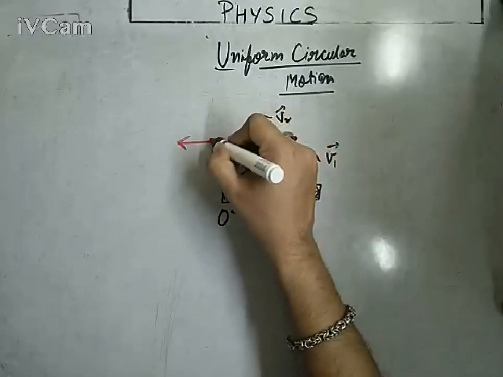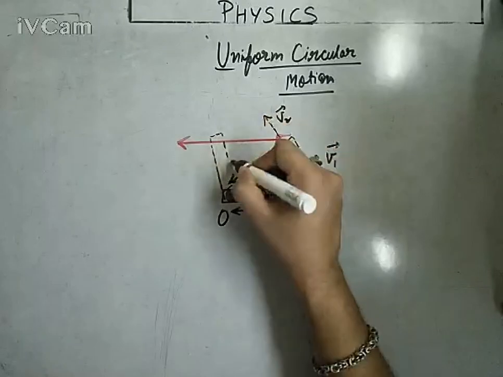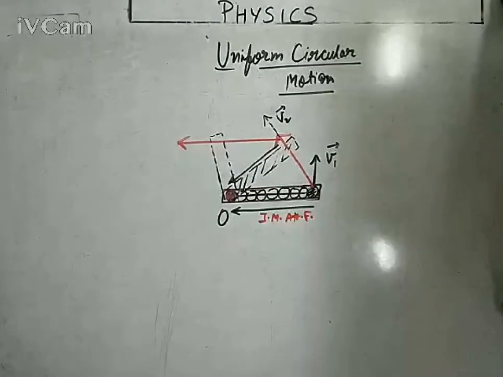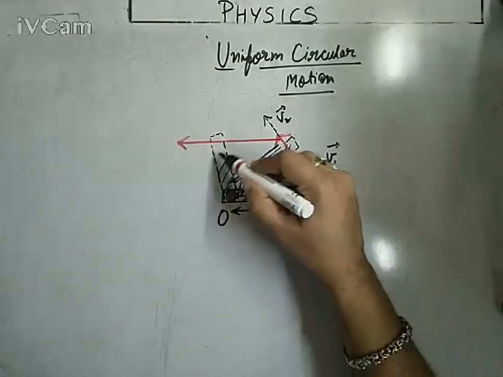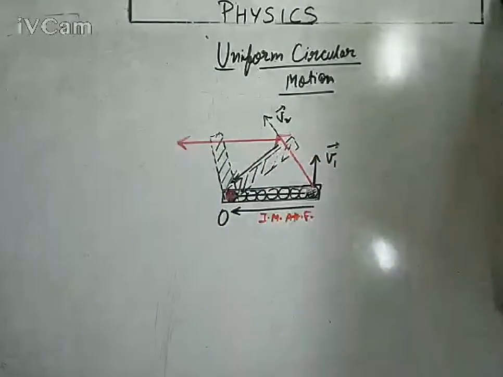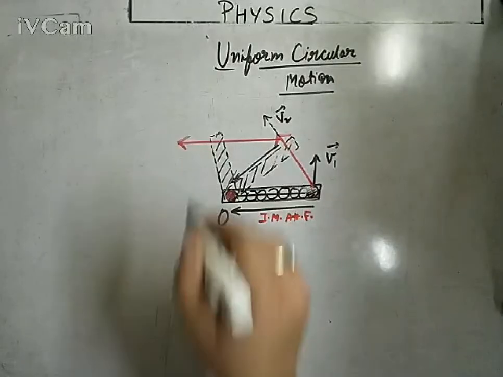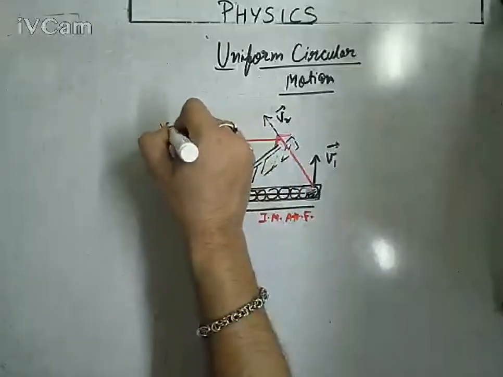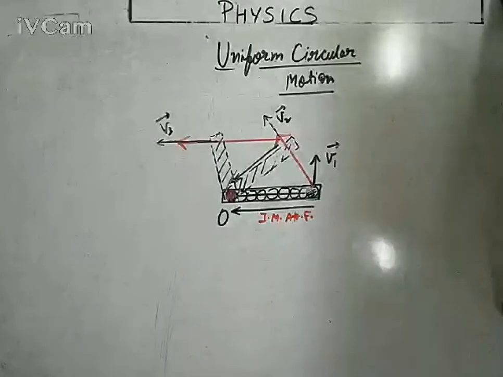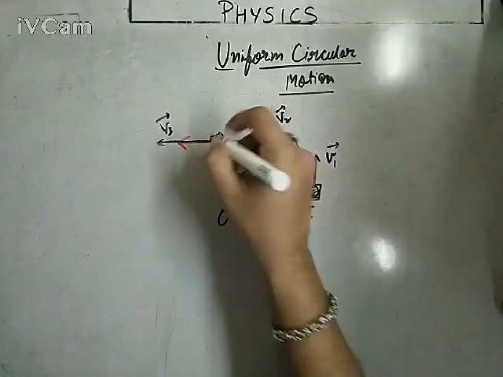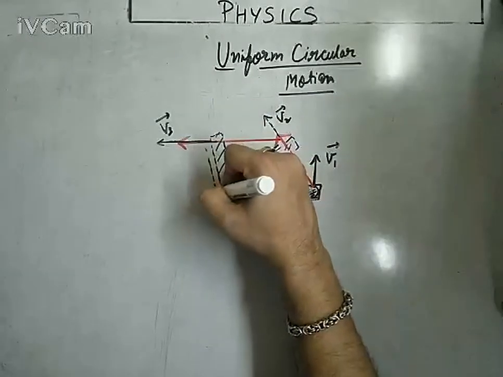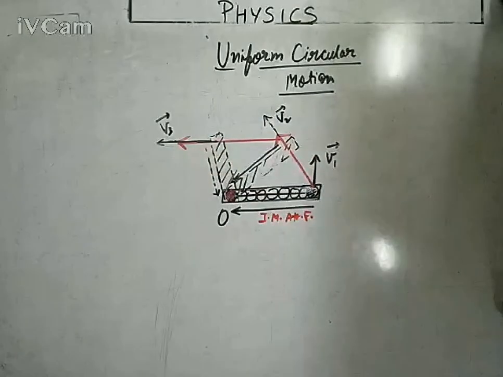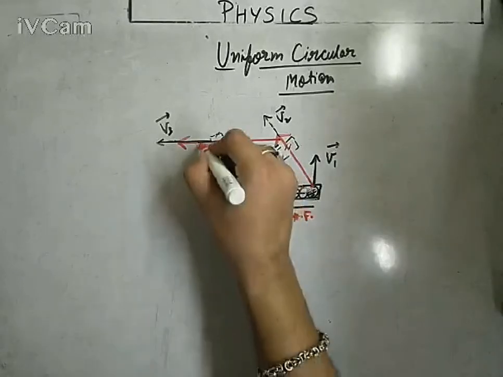The same thing I told you in class 10th, the cause of circular motion. The whole rod will get shifted in this direction. We can represent it again by the shaded one. Now the rod is trying to move with velocity v3 vector, where v3 is again equal in magnitude to v2 and v1, but different in direction. Still it is experiencing intermolecular interaction towards O. Again it will get a resultant movement in this direction.